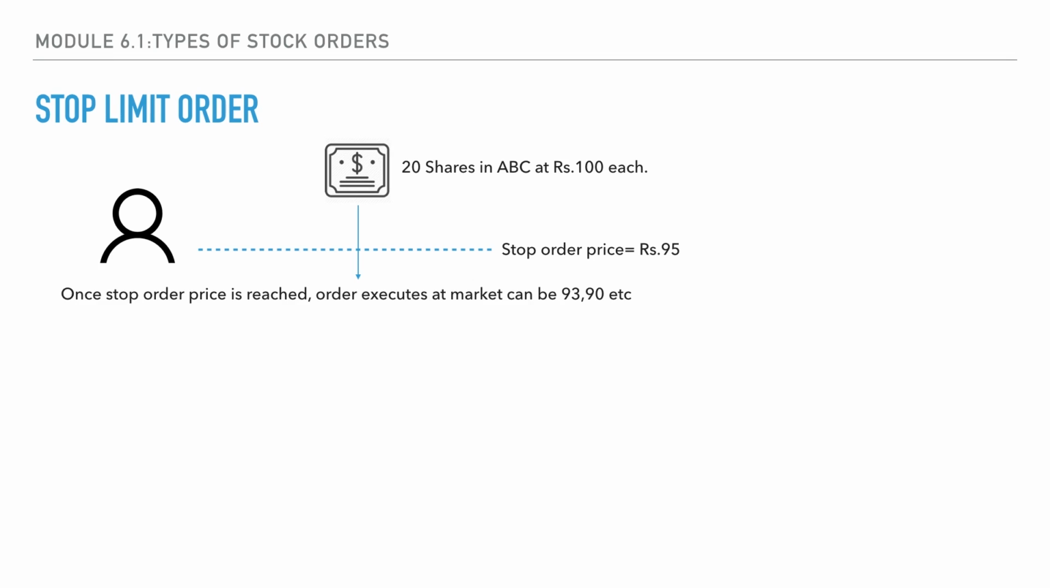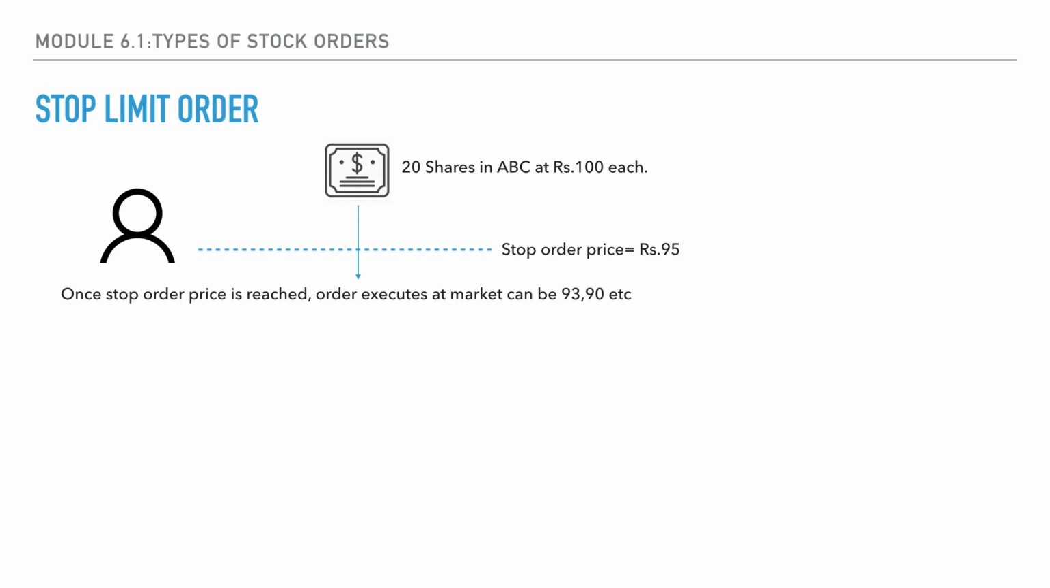Now, a stop limit order is very similar to the stop loss order. What happens is, for instance, you buy 20 shares at 100 rupees each, and you have placed a stop order price at 95 rupees. Now, here you can define the exact price at which the order gets executed. In the earlier case, anytime the price goes below 95 rupees, the order can be executed at any